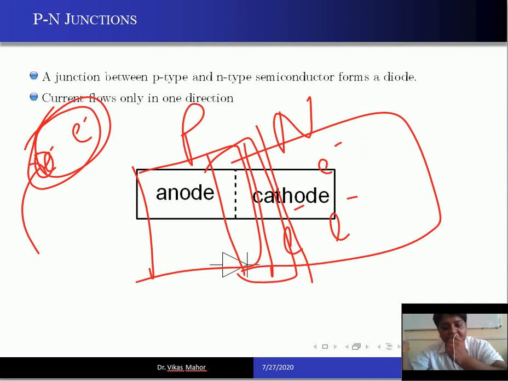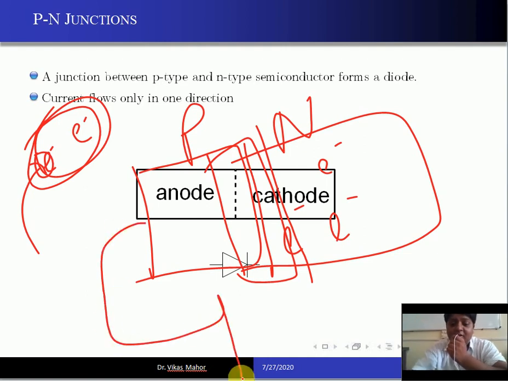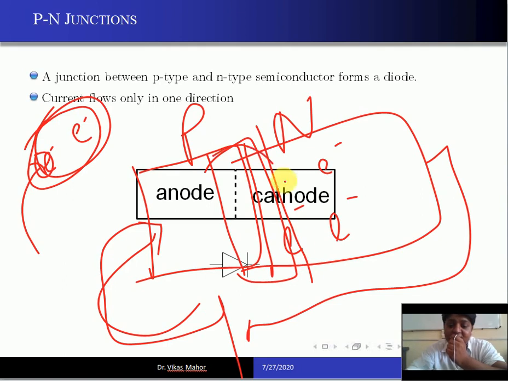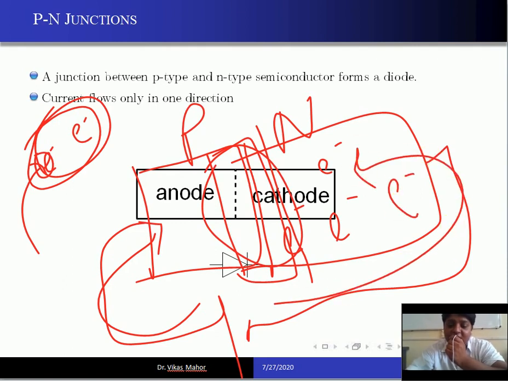You can make a diode with this. How to make it a diode? When you apply a particular polarity of voltage here, what will happen? It will create an electric field, and it pushes this depletion layer. This depletion layer will move, and your electron will flow in this direction, and your current will flow in this direction. You all know these things. Fine. These are basics. I'm just revising it. This is how you make the p-n junction.